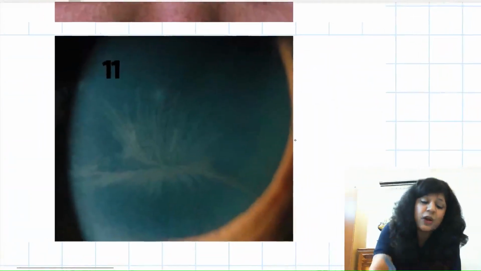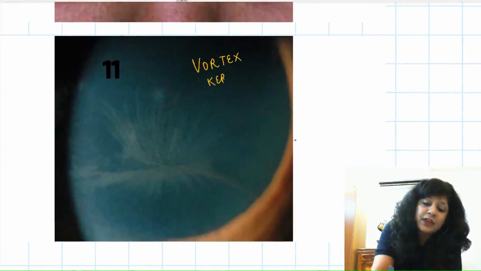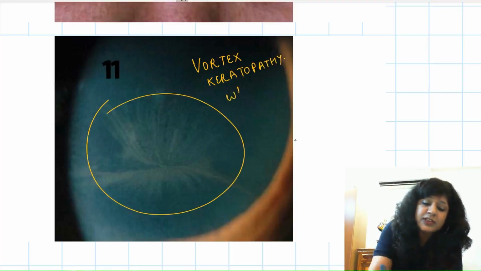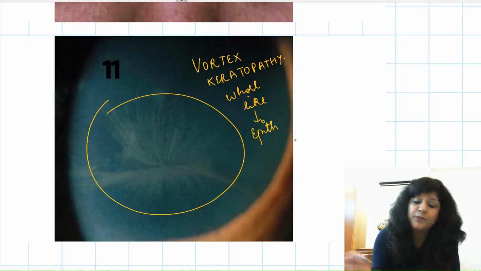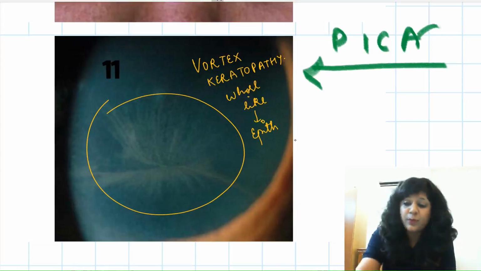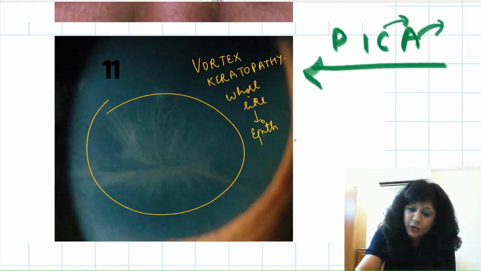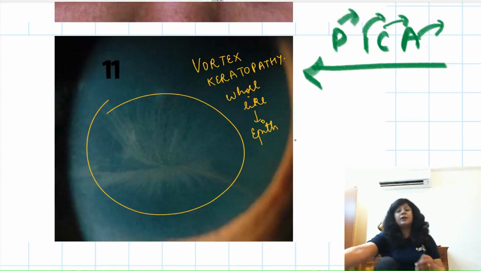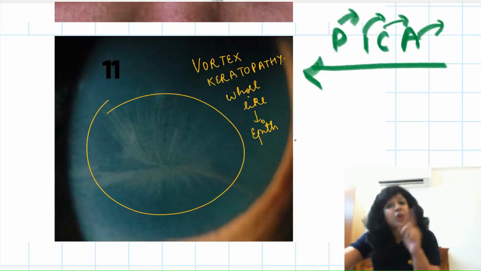Then there is a condition called cornea verticillata, also called vortex keratopathy. Cornea verticillata or vortex keratopathy. Can you see the whorl-like deposits? These are the whorl-like deposits that you get in the epithelium, and mostly it is taking place due to drugs. These drugs you can learn with the help of AICP, in the reverse order. Most important is A, that is amiodarone, then C, chloroquine, then I, indomethacin, and then P, phenothiazines.